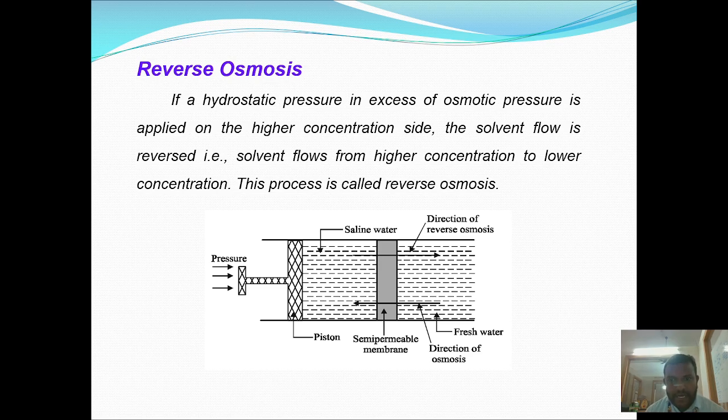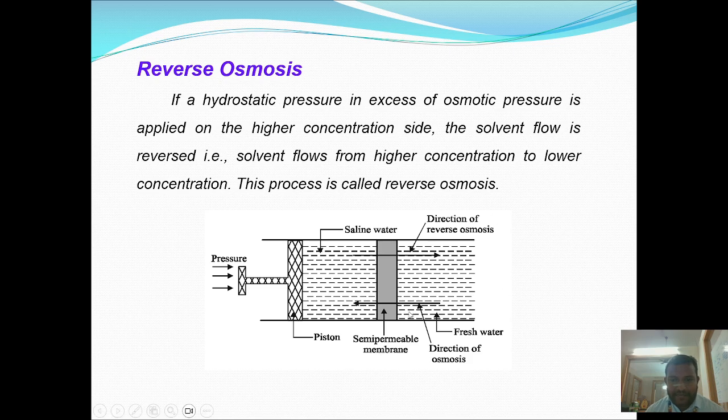It permits only the solvent, that is water, to pass through. When we separate these two solutions by this membrane, the solvent, that is water, will flow through the membrane from the region of low concentration to high concentration side,